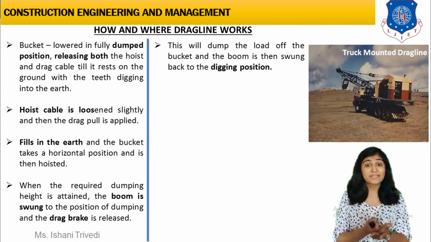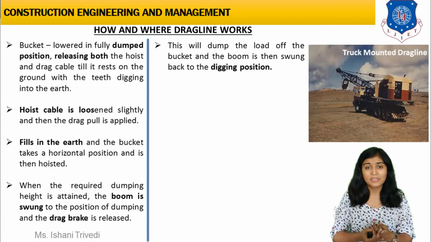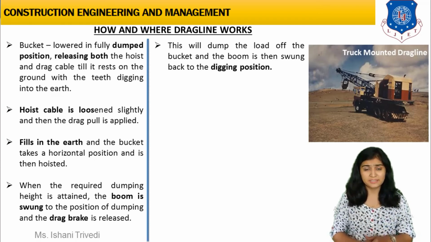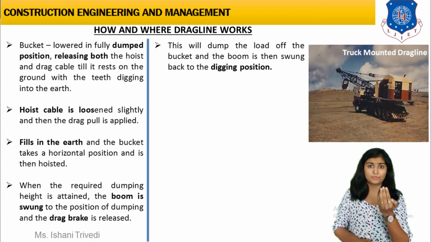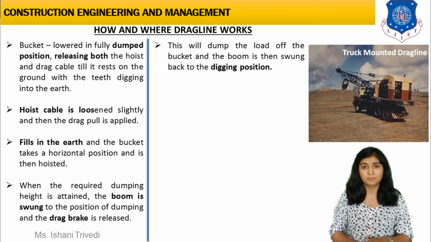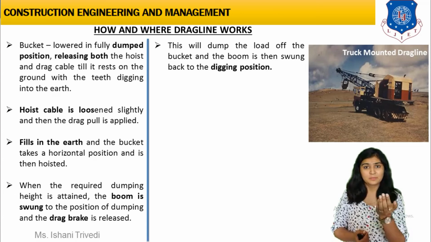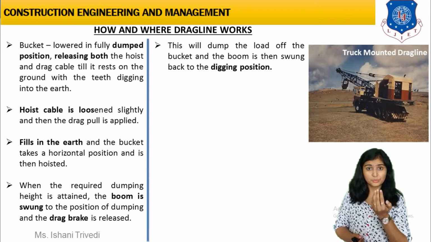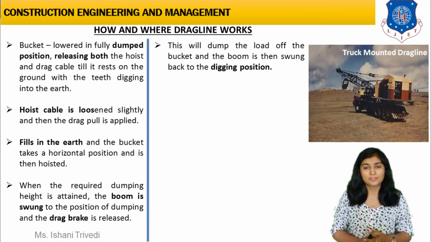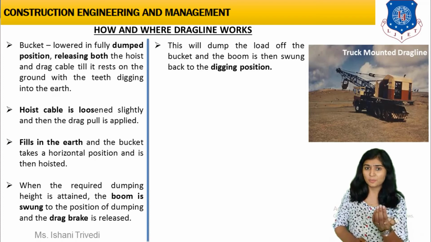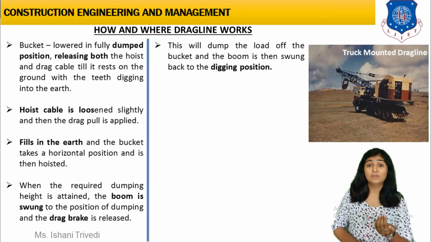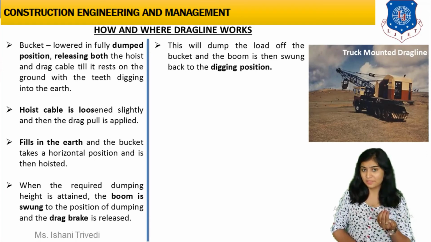Right, you will have a skilled operator operating this drag line. He will be sitting inside the operating chamber and he is going to apply the drag force, which will be through the mechanism present inside the operating chamber, and a drag pull force will be applied to the bucket. As a result, the bucket is going to be dragged towards your operating chamber, towards you, and against the material which has to be dug. So as this operation is performed, you can also imagine that it is going to dig below the track level, below the ground level, right?